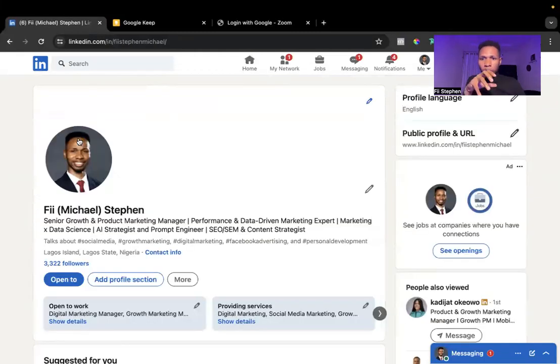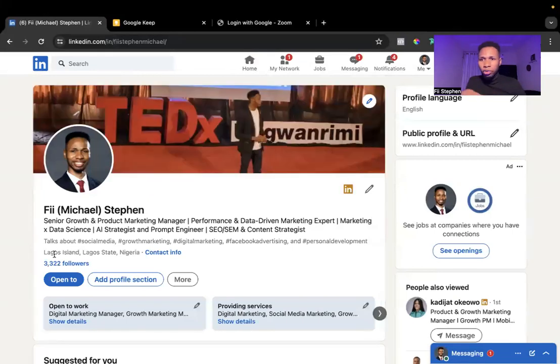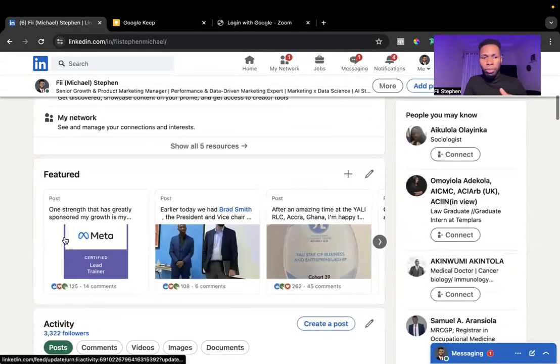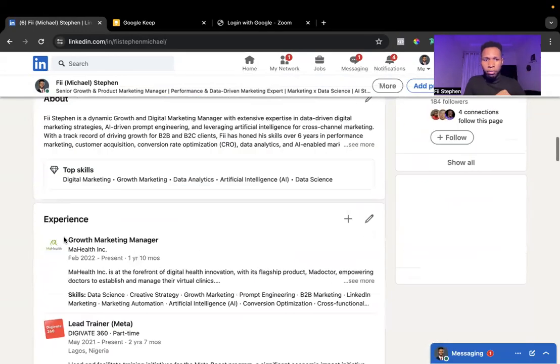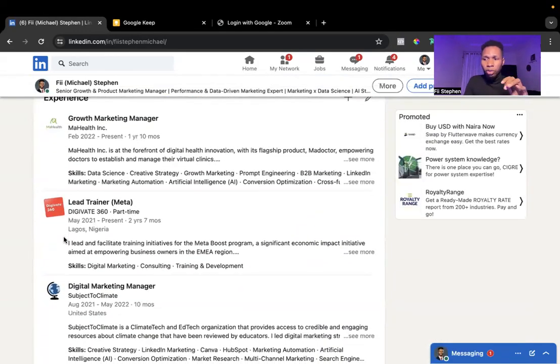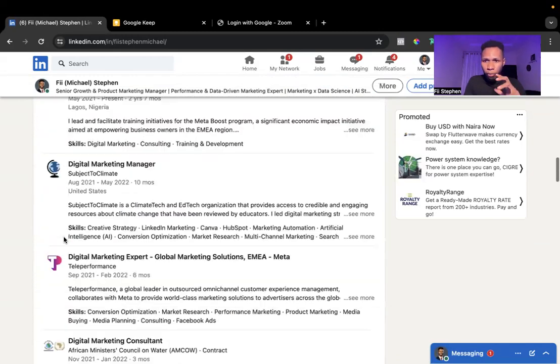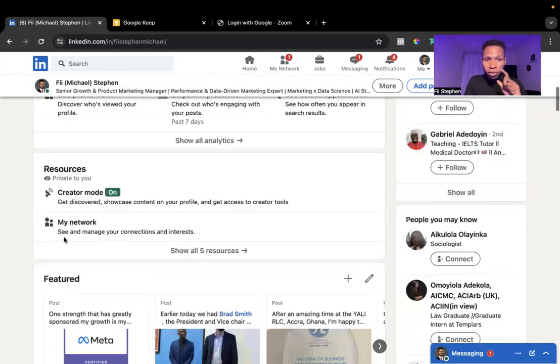For the first session, we looked at how to set up a professional profile on LinkedIn. We looked very deeply at each of these points one after the other. We talked about the headline, the education, the about, the experience. We talked about all these sections one after the other when it comes to setting up a professional profile on LinkedIn. That was the focus of the first session.